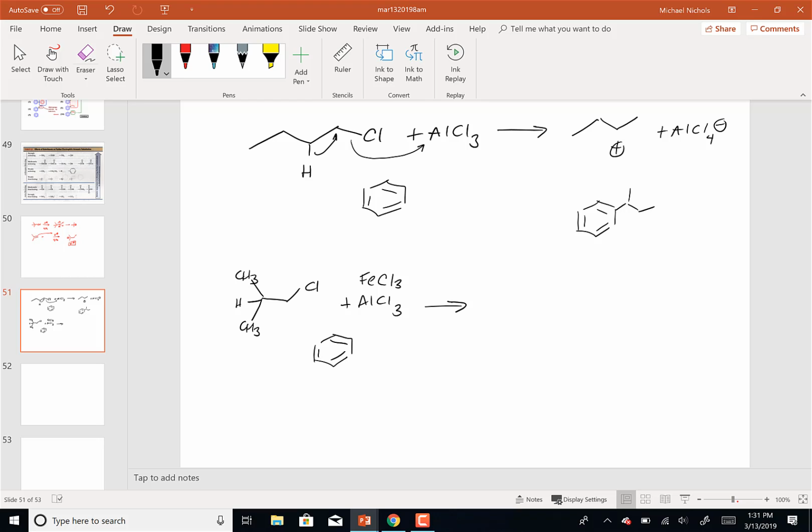The compound we should have used was tertiary butyl chloride. That was my intent, to react that with FeCl3, make the tertiary butyl carbocation, and add it to the benzene ring. But instead, I grabbed isobutyl chloride